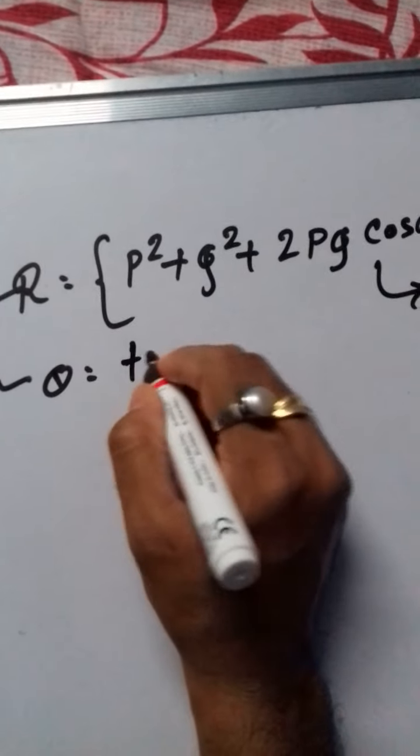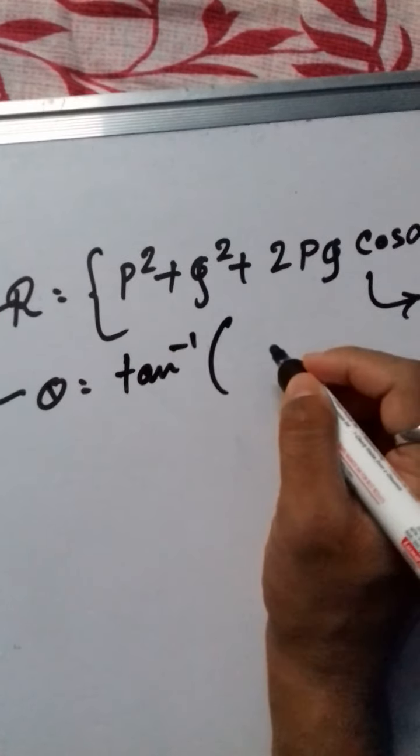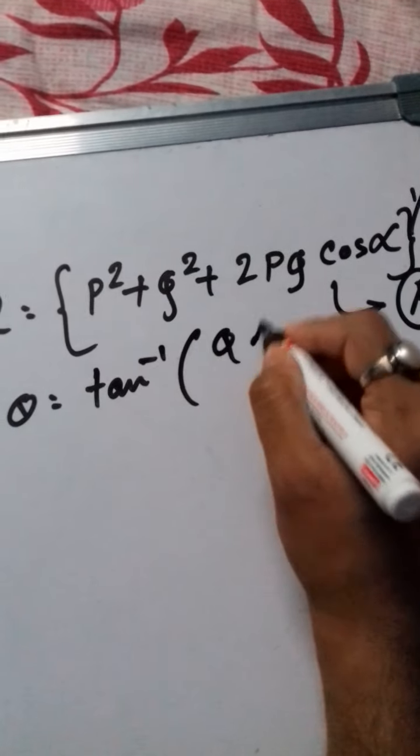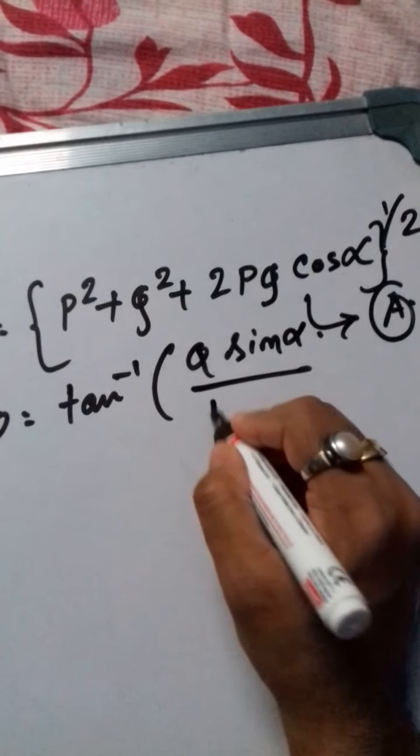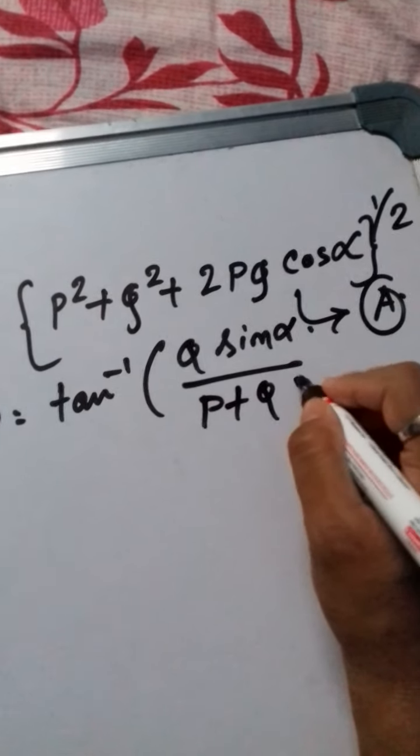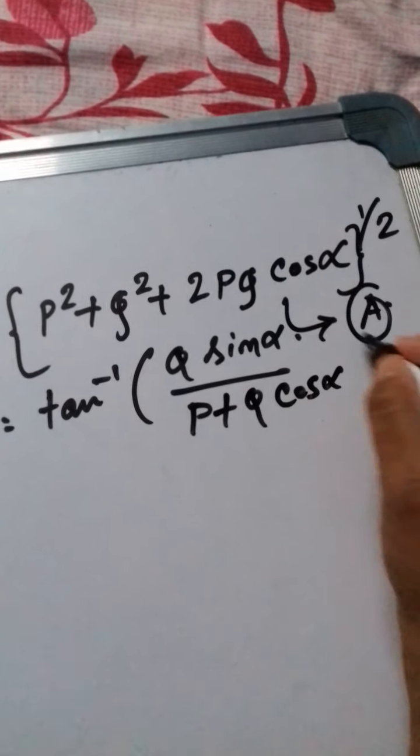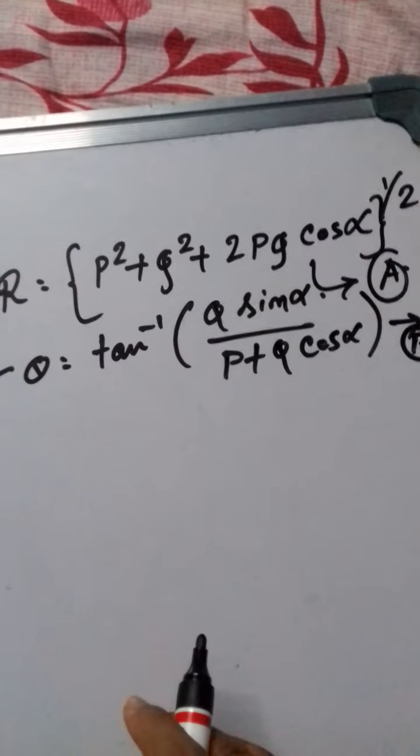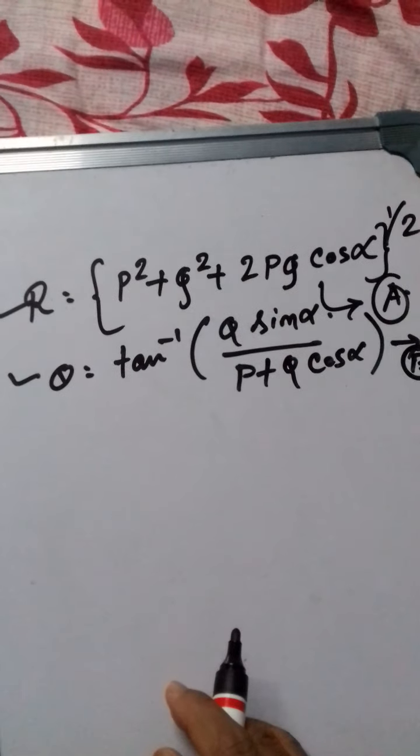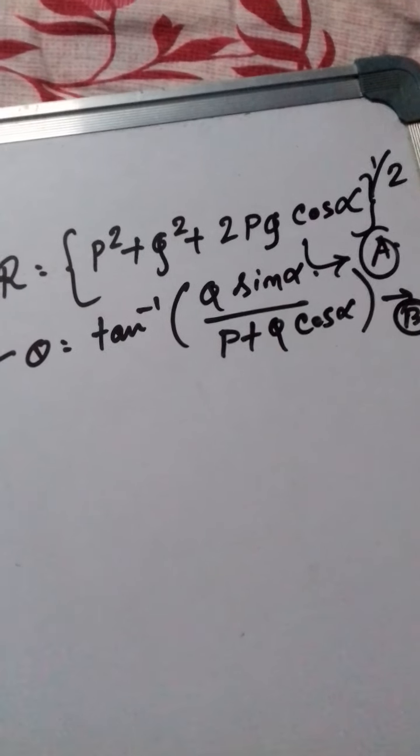So theta was equal to tan inverse of Q sin alpha divided by P plus Q cos alpha. These are the two equations which we had seen while dealing with the parallelogram law of forces, right? Now,